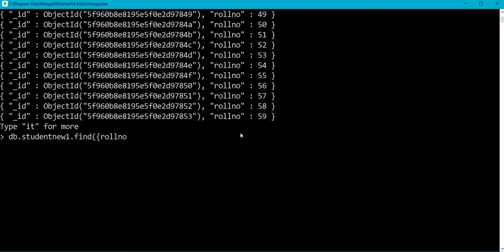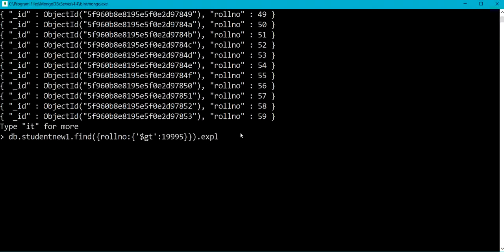Okay, so here roll number, and I want the condition like $gt, and what is the value for finding the greater roll number values? 19995. Okay, let me complete the curly brackets,